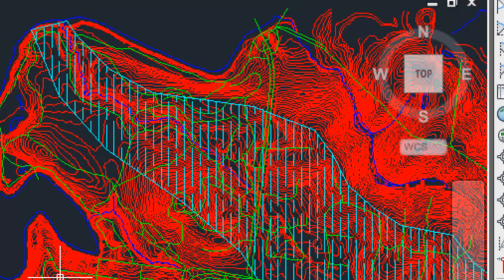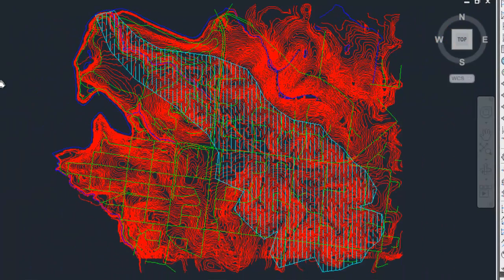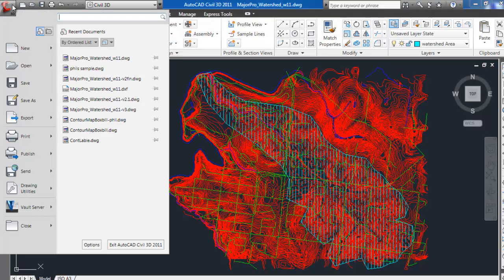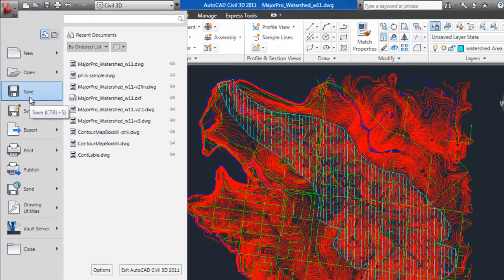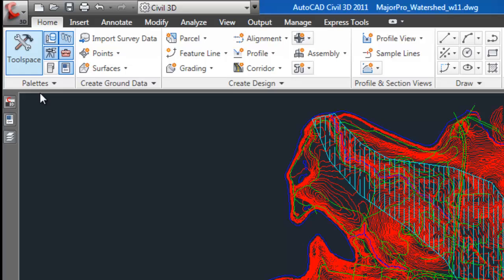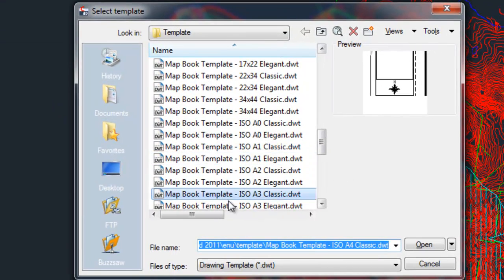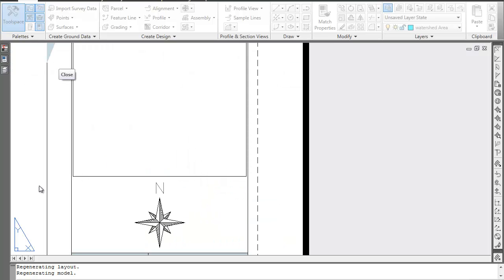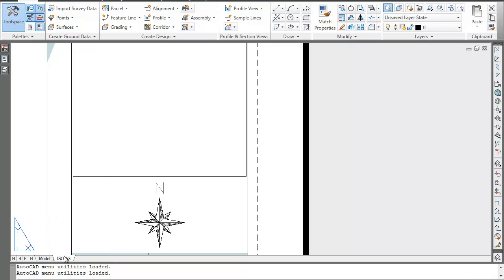Now that we've got all those switched on, we can now actually select these and we can copy them into a new document. But before I do that, I need to prepare the document that it's going to be copied into. So again, new. When we go into this new document, we're going to be opening one of our templates up. The one we are going to be looking at is this ISO A3 Classic. All you need to do is open that one up, continue, that looks better, wait for it to render and do all its things, and then,